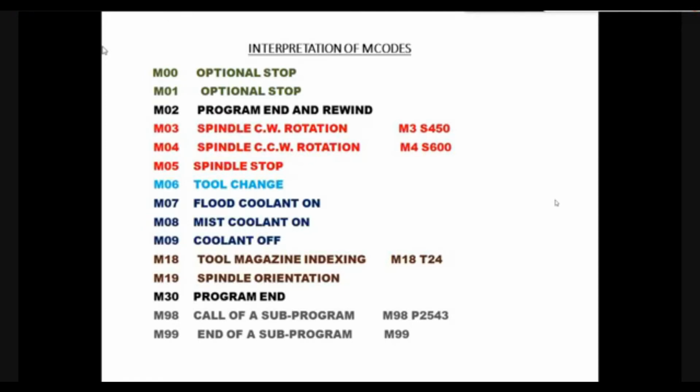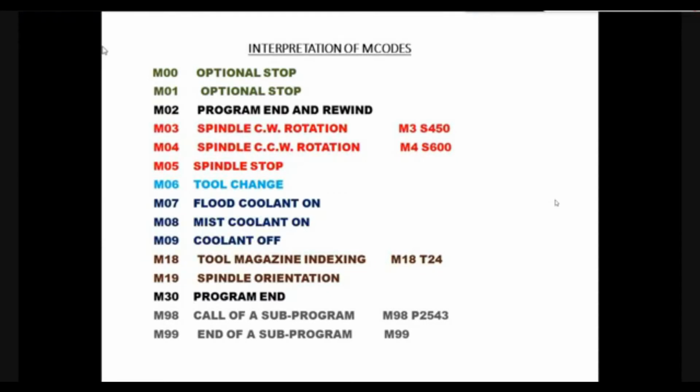Similarly, we have M30 program end. If you give M30, the program comes to an end and the cursor will remain at the last line of the program. It will not come back to the first line of the program. And next, M03, M04, and M05.